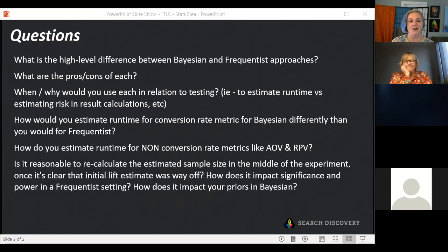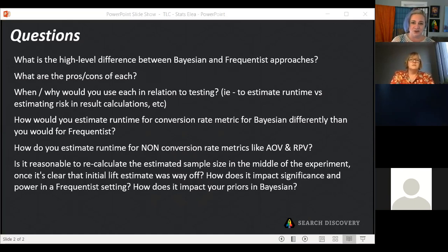Right, and I want to dive in a little deeper, because this is what people do. Unfortunately, what you described is, hey, you get two or three days in and you're like, oh gosh, I ran my sample size estimation based on an assumption that was completely off. I thought we would see at least a 2% lift, and in fact, I'm seeing a 20% lift. Obviously, there's a lot of opportunity here. I want to shorten my runtime.